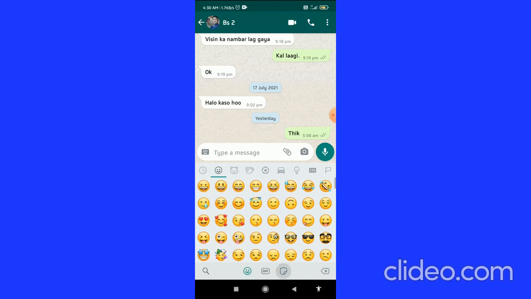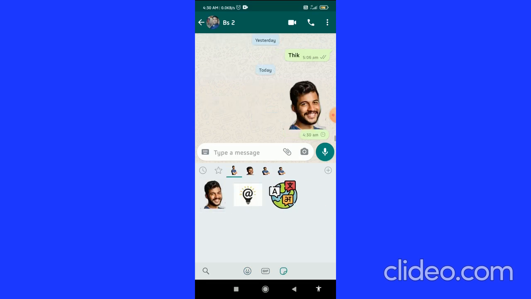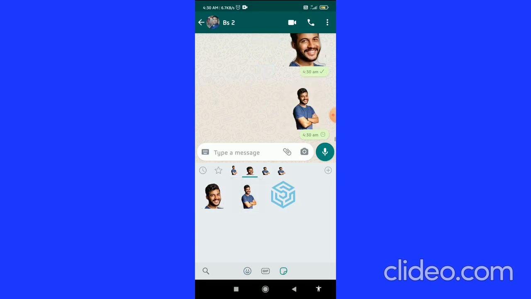When you click on this page like button, here you can see all your personalized emojis. You can send the personalized emoji. Here you can see I have sent it. You can also swipe to the other emojis. Here you can see I have sent these emojis. You can send as many emojis as you want, and that's basically it, that's how you can